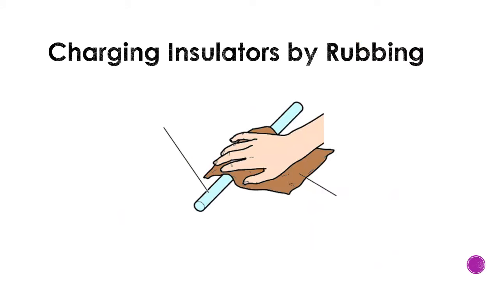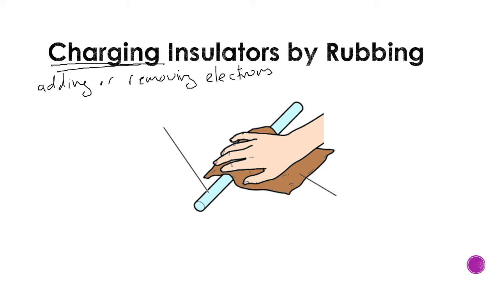As a general rule, you can make something charged, and you can charge any object, I don't care what it is, insulator or conductor, by either adding or removing electrons. It's a bit of chemistry, but the idea is still the same. If you remove electrons from an object, it becomes positively charged. If you add electrons to something, it becomes